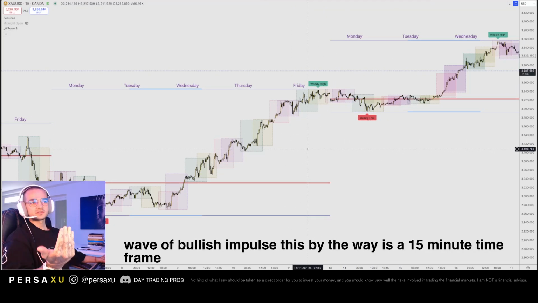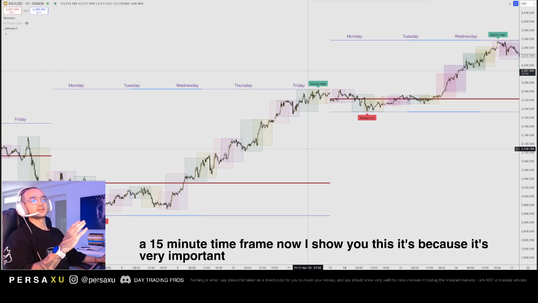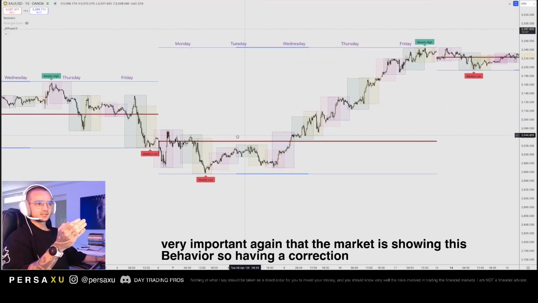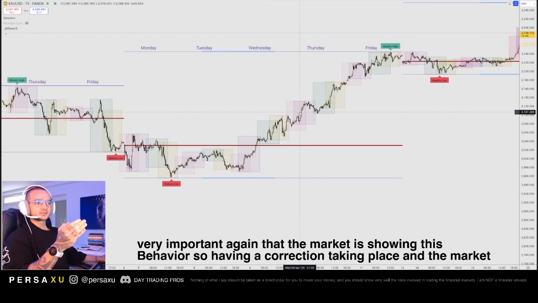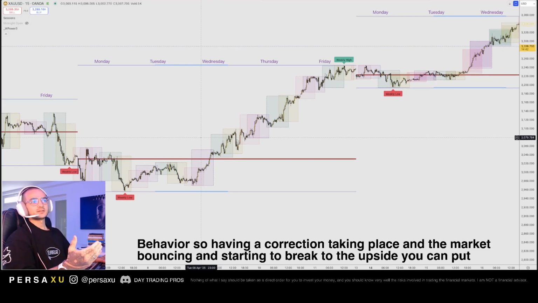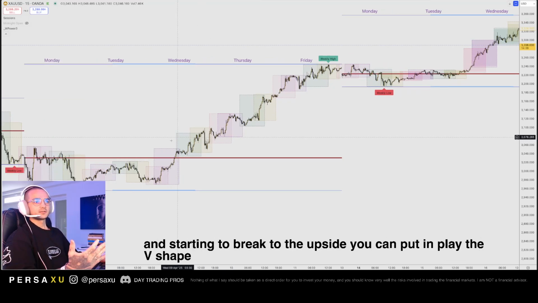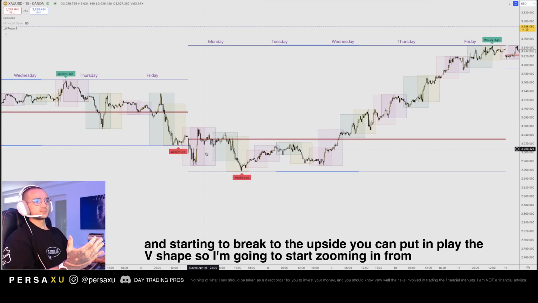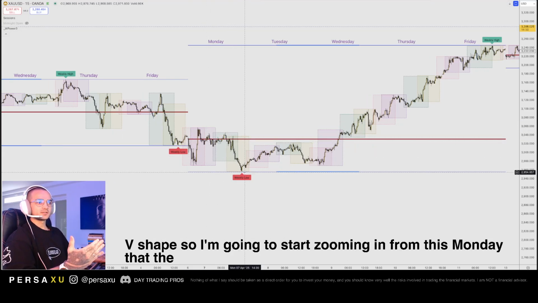Now, I show you this because it's very important, again, that the market is showing this behavior. So, having a correction taking place and the market bouncing and starting to break to the upside, you can put in play the V-shape. So, I'm going to start zooming in from this Monday that the week finished the consolidation